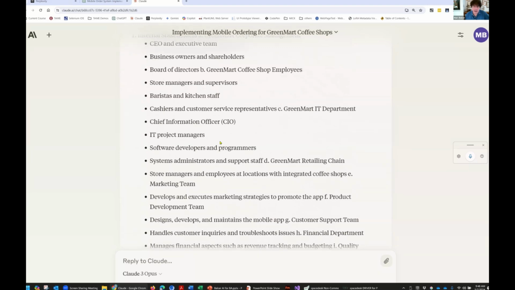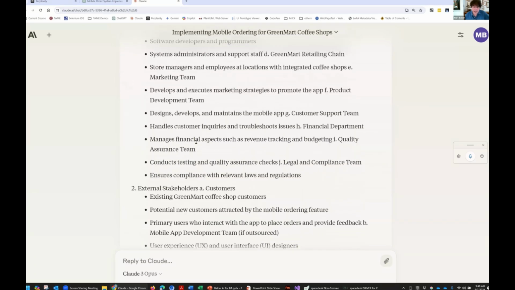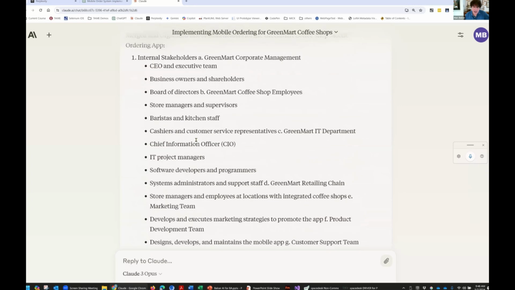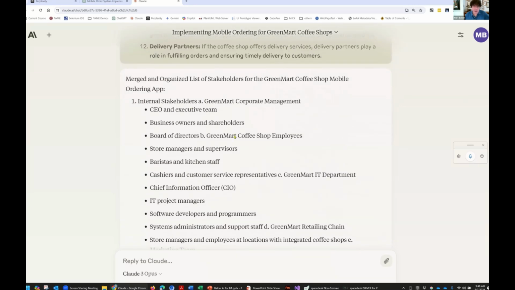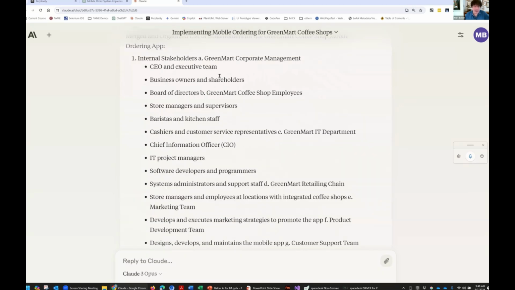Now, by the way, Claude in particular has been having a lot of formatting issues recently. So you'll notice it says here, internal stakeholders, Greenmart corporate management, and then all of a sudden, Greenmart coffee shop employees, Greenmart IT department.